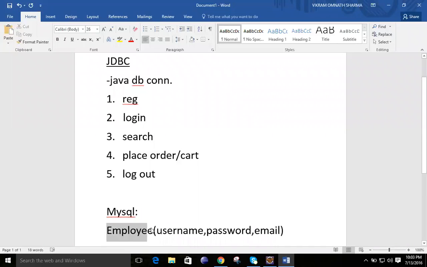This table is going to hold all the information which will be provided for the employee. It will have three columns: the first one is username, then password, and email. So these are the three fields which we are going to discuss. The number of fields depends upon you.